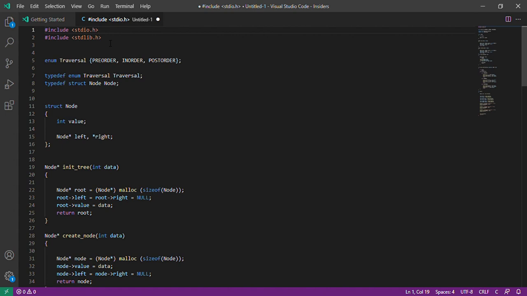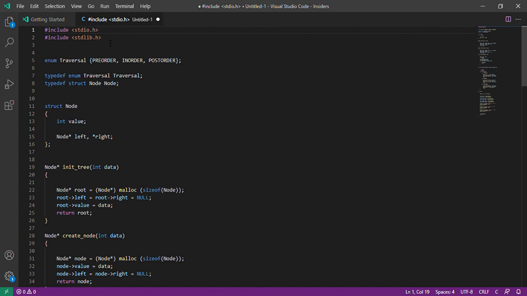Let's see step by step, starting with binary tree pre-order traversal. In pre-order traversal, the nodes are traversed according to the following sequence from any given node. First, it will mark the current node as visited. Then, if a left child exists, it will go to the left subtree and continue the same process.